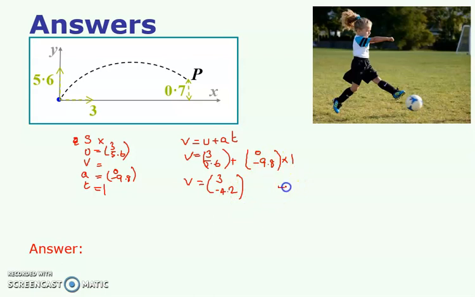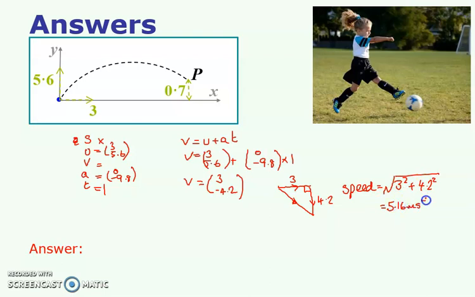Notice what that means. It means at that point in time, it's going across with a speed of 3, then going down with a speed of 4.2. Now, a bit like a lot of vectors, to find the speed, you have to find this using Pythagoras. So the speed is the square root of 3 squared plus 4.2 squared. I'm going to do that now. Menu 1. 9 plus 4.2 squared is that, and then square root the answer. I get as a decimal 5.16